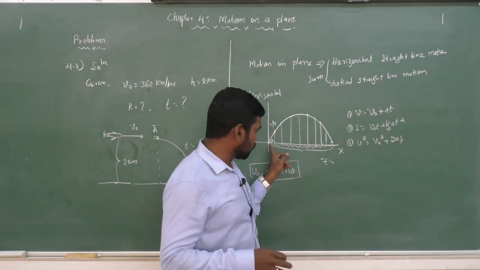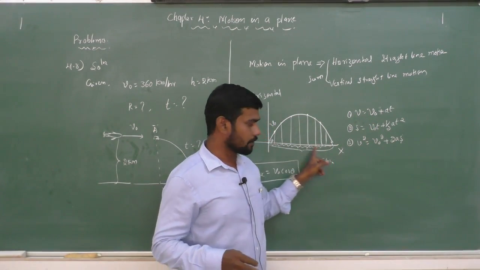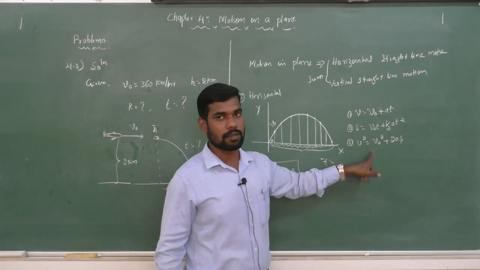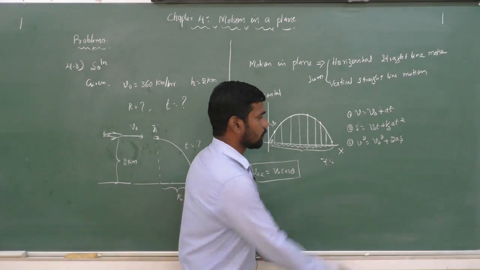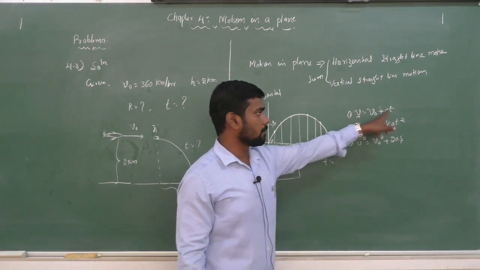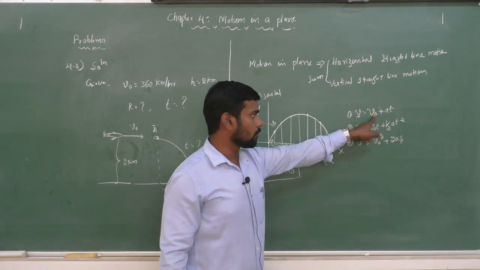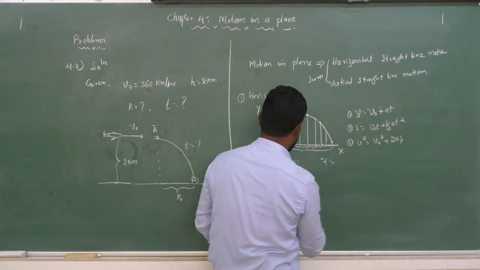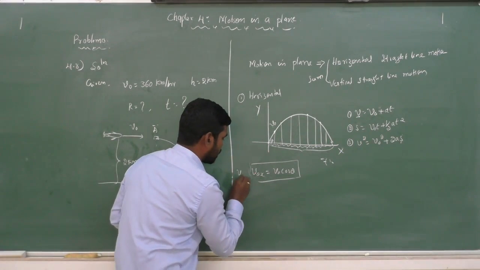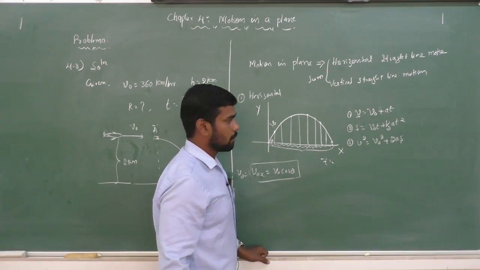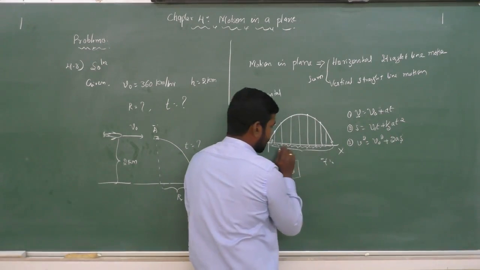So if it is moving along a straight line, a horizontal straight line, definitely it should follow these equations. In that, v means the velocity of that particle at any given time t, and here v0 will be Vox. For this equation, v0 will be Vox, that is v0 cos theta. Clear my point?